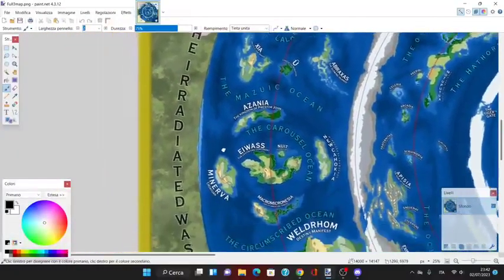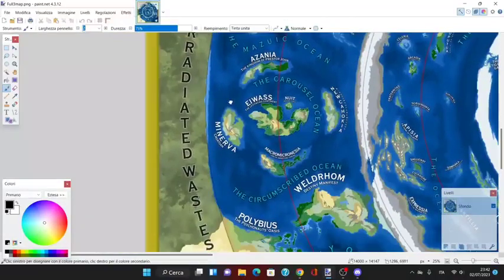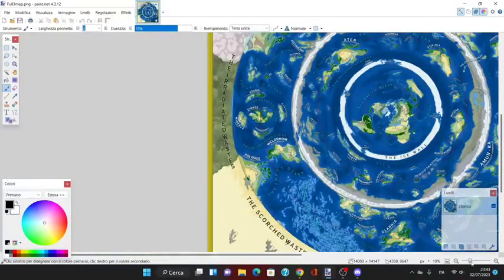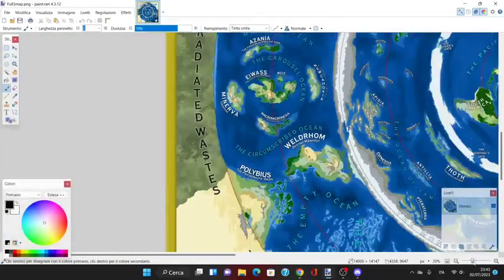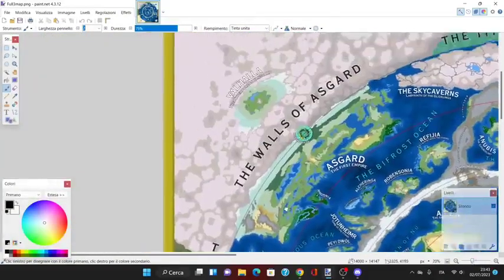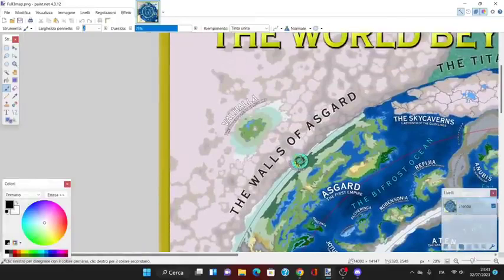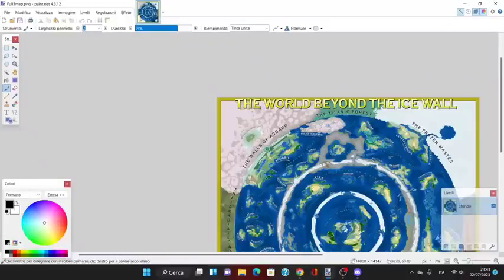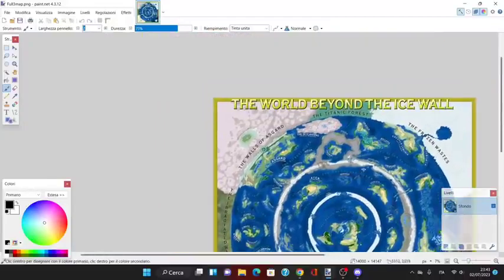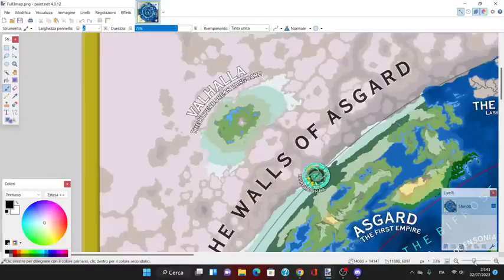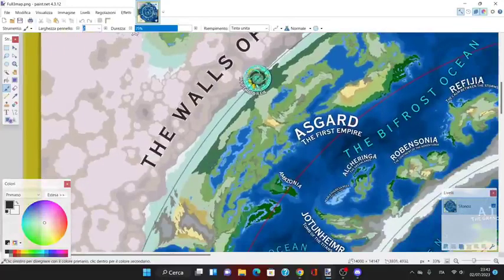Then the irradiated wastes, even nuclear radiation. Well, probably not nuclear since it's not natural, but something like that probably. And then once again the walls of Asgard. So you can see just how big and important the walls of Asgard are, that they are one of the major dividers between the second ring and whatever is outside of it, and you can really see how important Asgard itself is. So let's talk about the actual population of Asgard and what it means to be the first empire